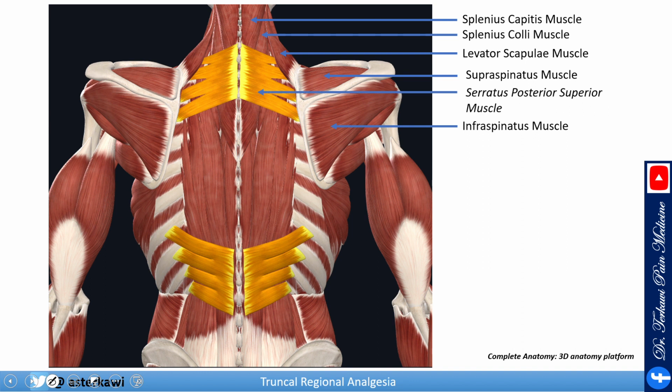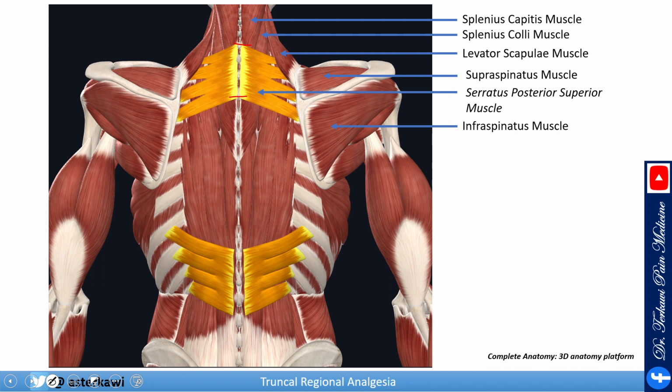And what's more relevant here is the serratus posterior superior muscle, which originates from the nuchal ligament and spinous processes of C7 to T3,